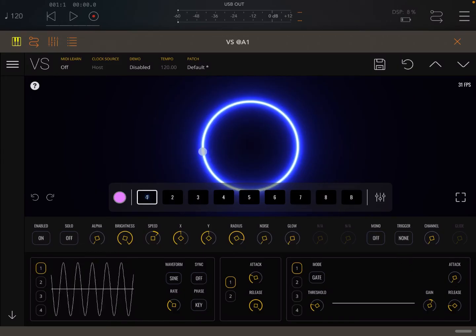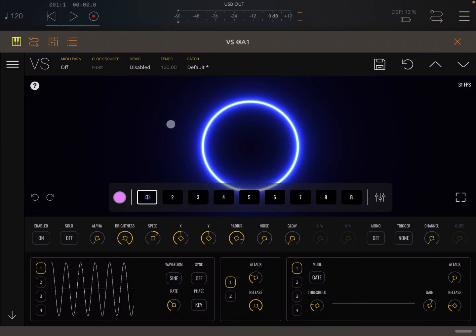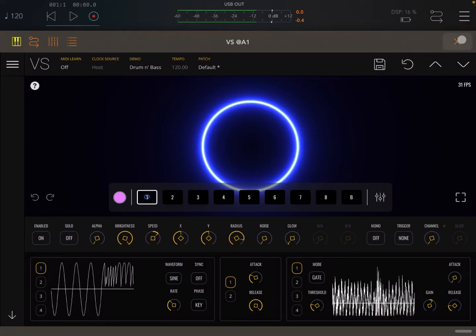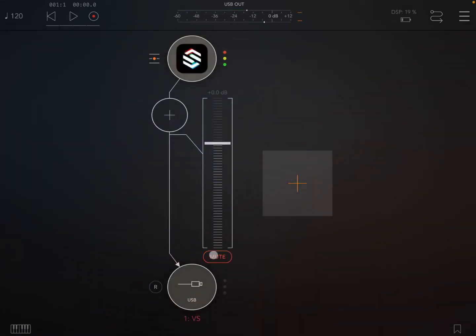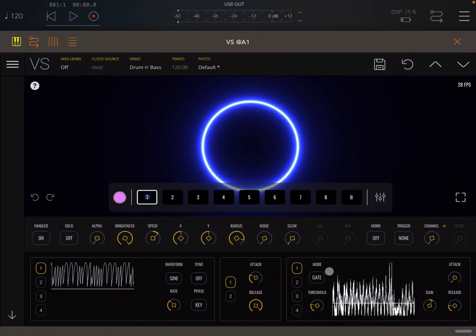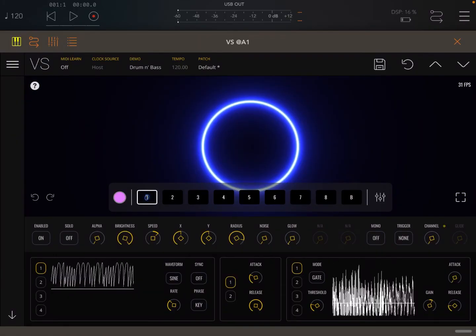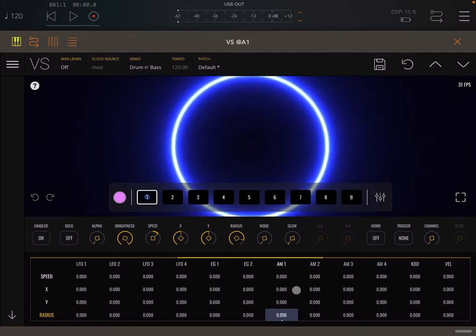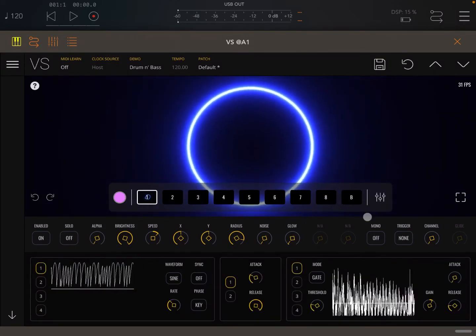You can, of course, do that connecting through different connections in AUM, but you can also use the demo track, which I mentioned at the beginning of the tutorial. So let's go to demo here and let's click on the first one. Let's mute the channel so that you hear my voice. So the waveform is still being played. You can see here. Now, let's go to the modulation metrics and let's click and hold the radius. We are already there. Let's say for audio modulation 1, we want to change the radius. Here we go. It's starting to move up and down based on the waveform